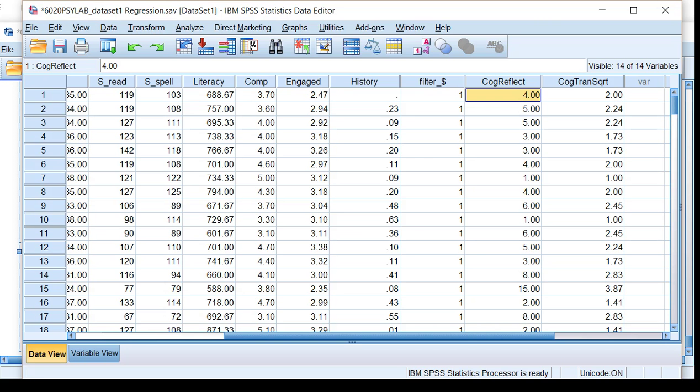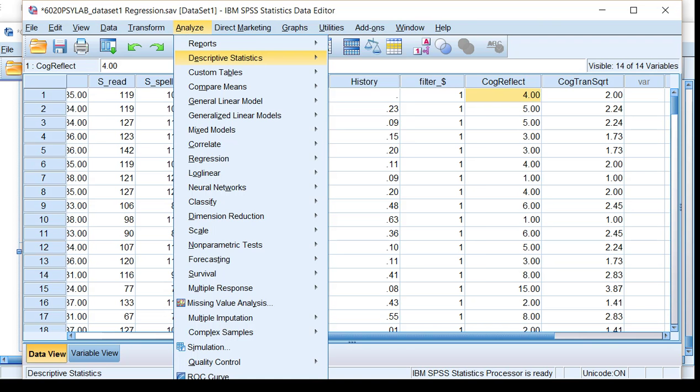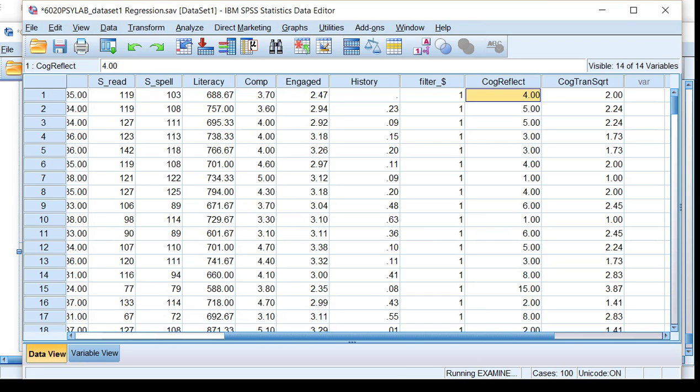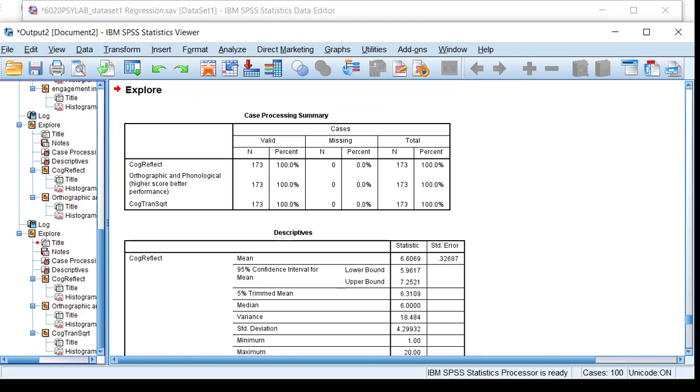Okay. So now I'm interested in whether that has made that variable normal. So again, I'll go back to Explore, and this time I'll put in that new one. Okay. And yeah, let's leave the old ones there so we can compare them. Okay, so OK to that. Rather hoping it's done it. What do we got there? Yes, it has. Okay. So if I scroll down here,